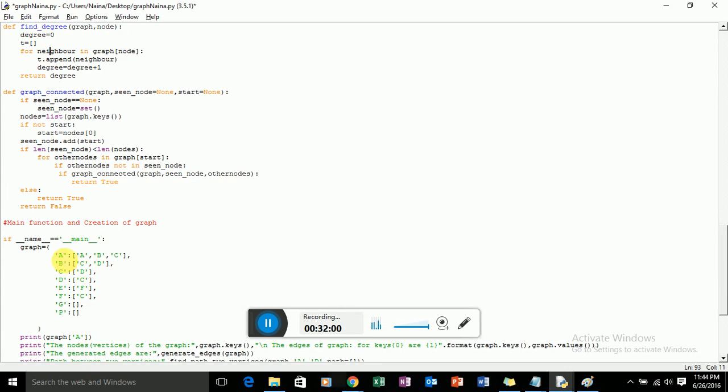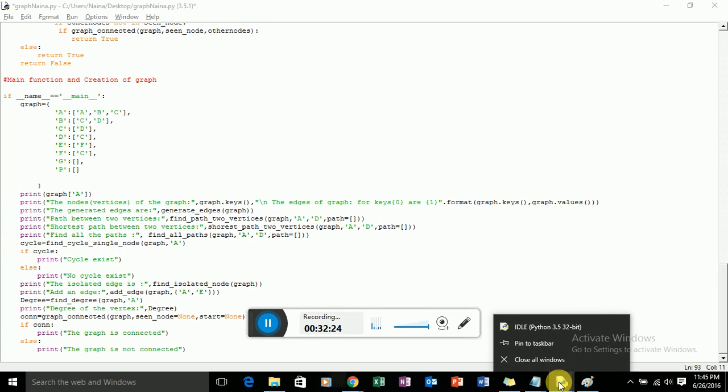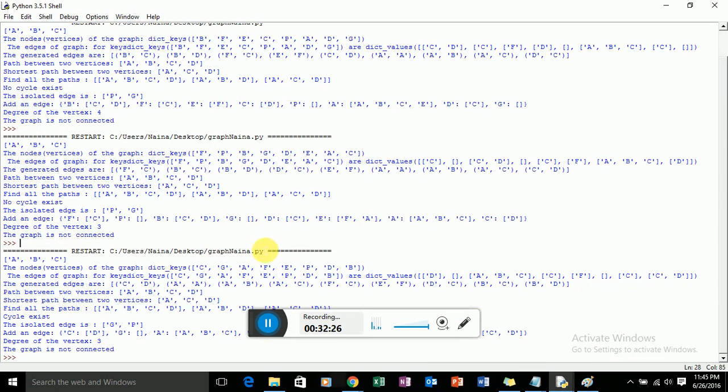For example, if A has 3 neighbors, then that becomes the degree of A. So I traverse for neighbor in graph of node A, and in the very same way I increment the degree and return it, so it comes out to be 3. If you see the output, you can see the degree of the vertex is 3.